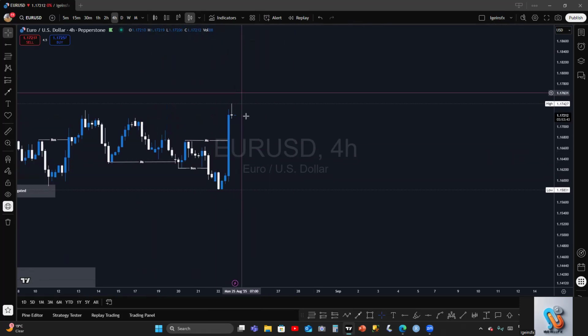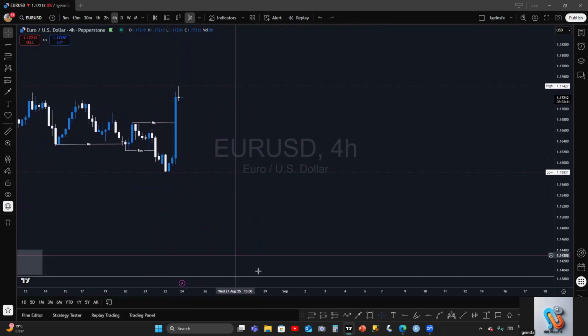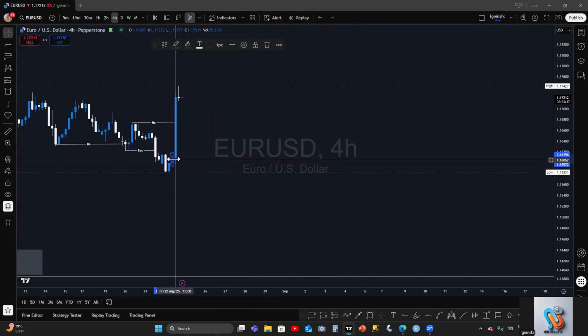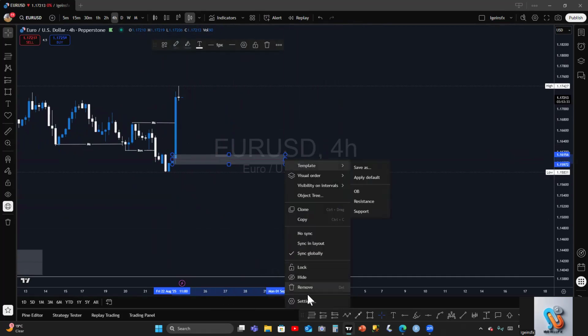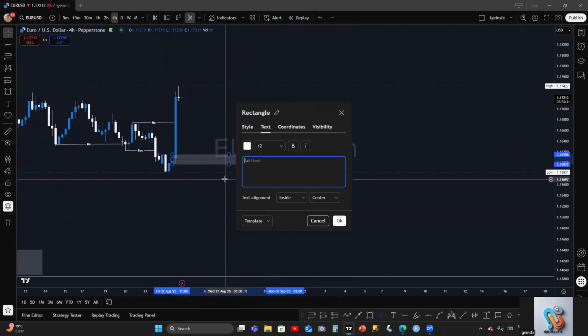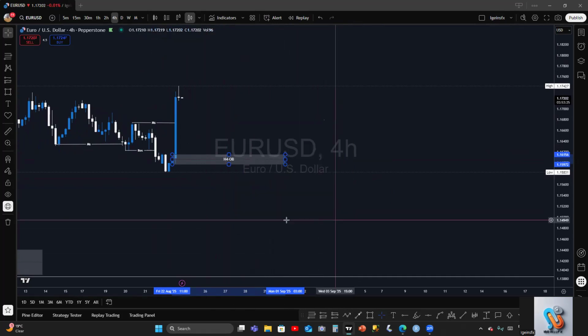So price pushed, what causes it? This is the order block. All right, this is the order block. 4H, or rather, H4 OB. Guys,